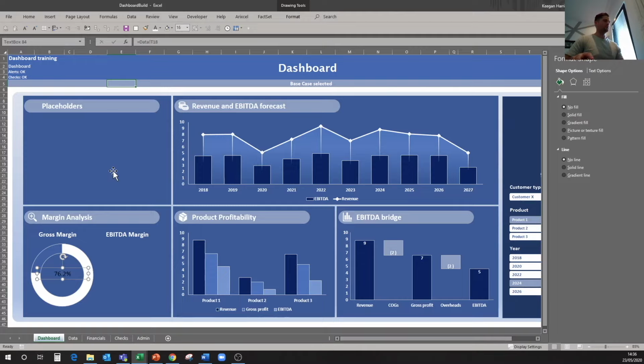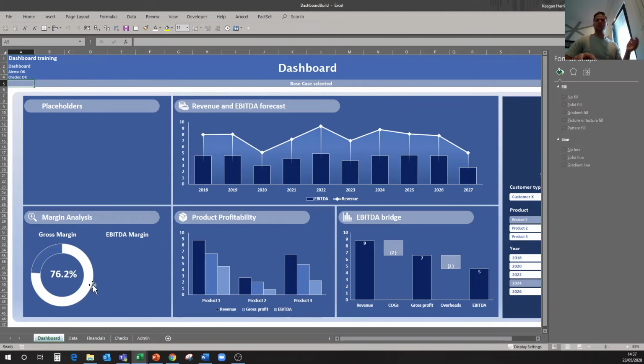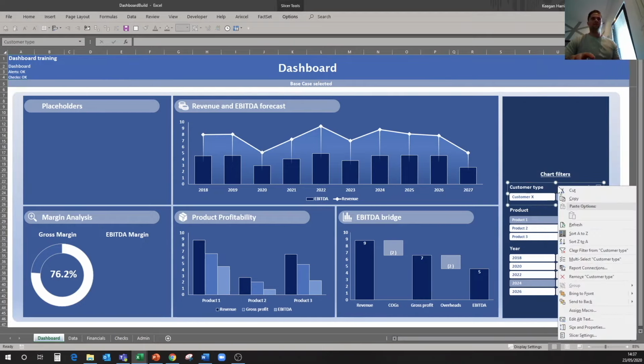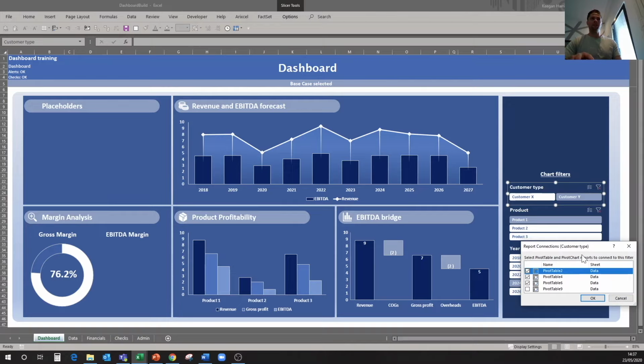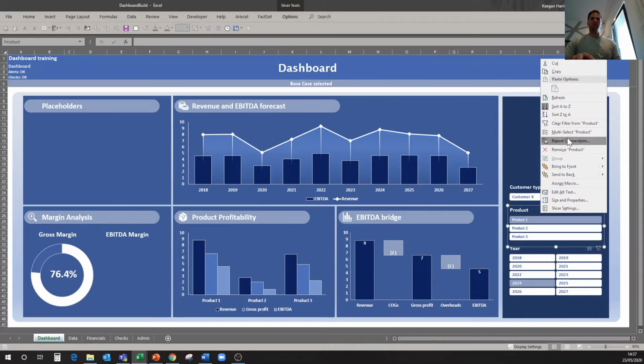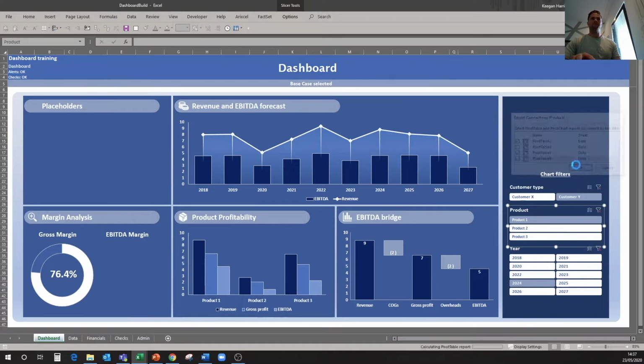So I want it to be a bit bigger, I want it to be bold, I want it to be white, maybe a bit bigger than that. And now we've got our live gross margin. So again, we come over to our different slices, and I want this linked to all of these. So I'll hit report connection, and I want it to now be linked to my new pivot table for all of these. So report connection,